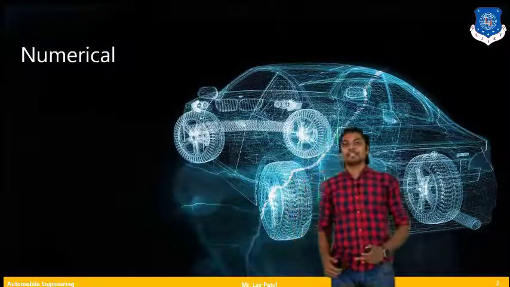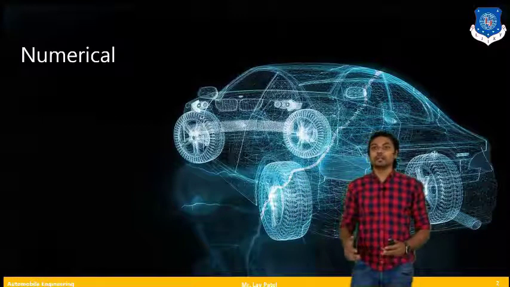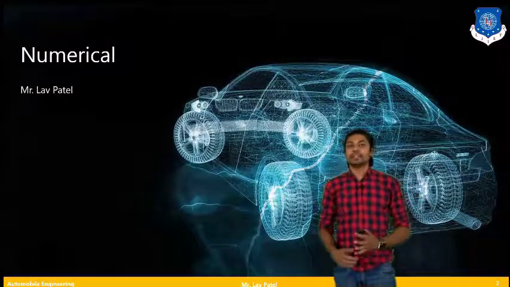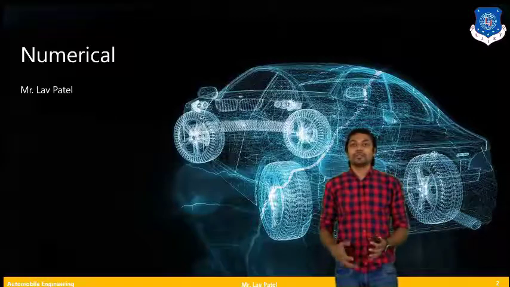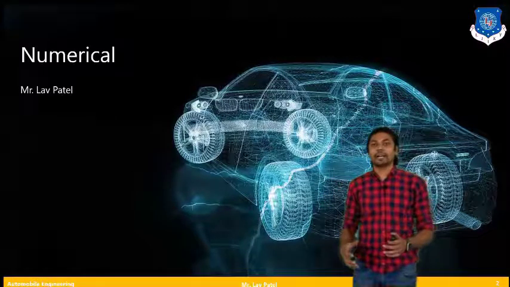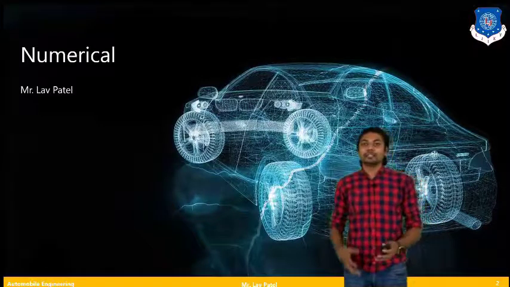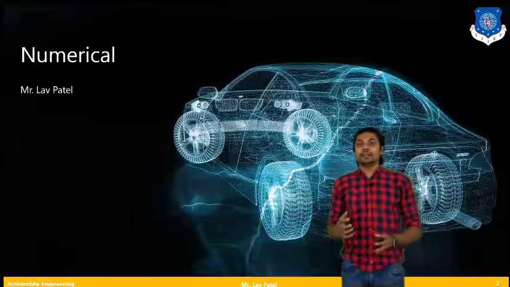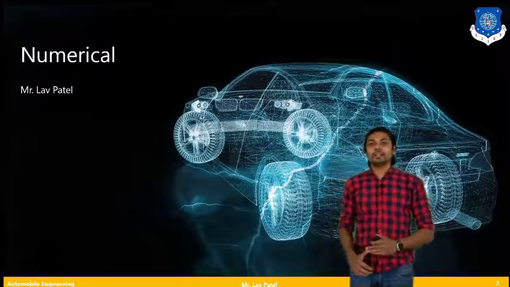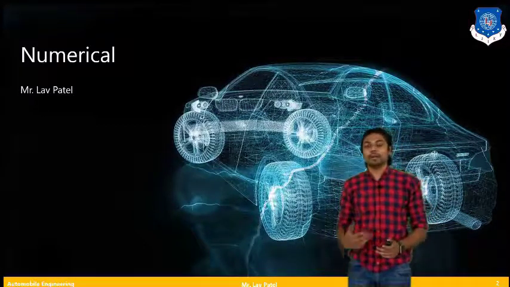In the previous lecture we studied several types of numericals that we use to check the performance of the vehicle, like the steering system, different wheels and tires, different geometries of the tire, the suspension system, overall body, and acceleration. Based on these, several numericals can be asked. Previously we have done a few. Now we are going to move on to the next numerical.